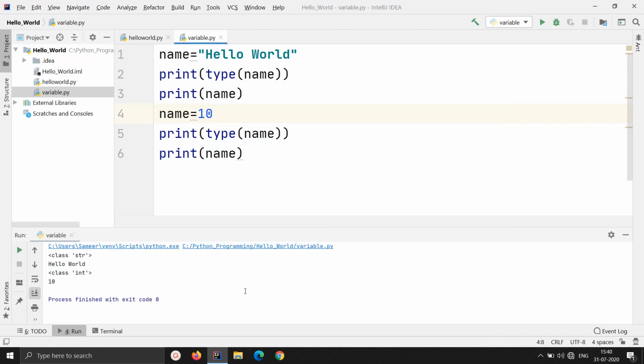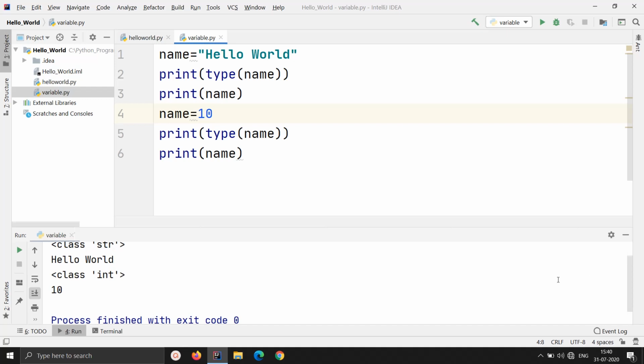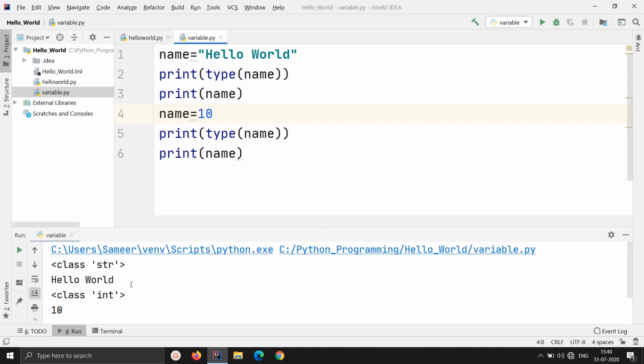As you can observe, just observe it carefully, the output that we are getting here. The first print that came out said that the name is of type str, and str stands for string, and it printed the hello world. Whereas in the second case, where I asked for the type of the same variable name, it is saying that now Python considers it as int, or integer.